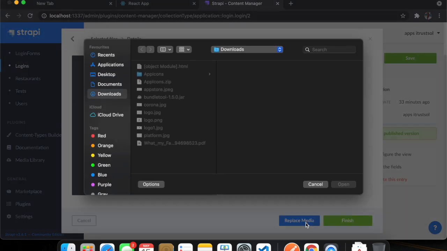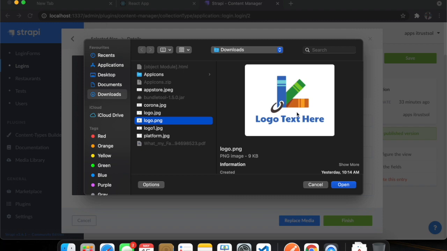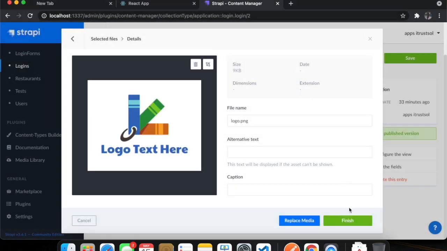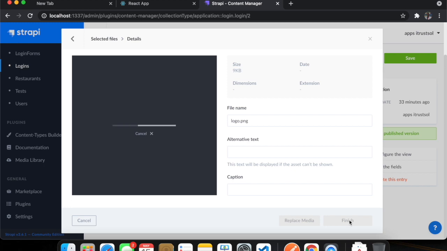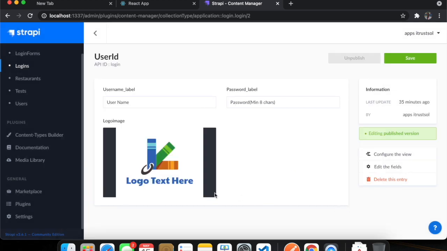I'll do a replace media. I'll go to my download section and choose this as my new logo. Okay, I'm just finishing it. Now you have the logo, just save it. It is saved and gets automatically published, so you don't have to worry about it.